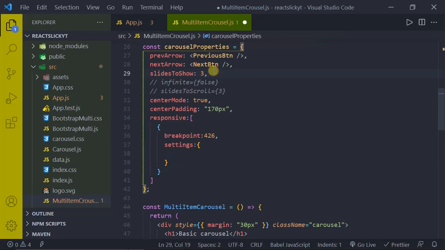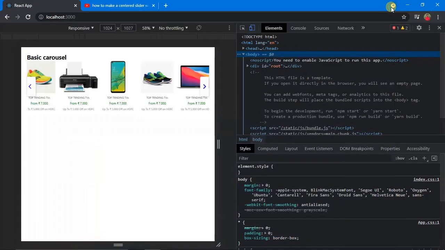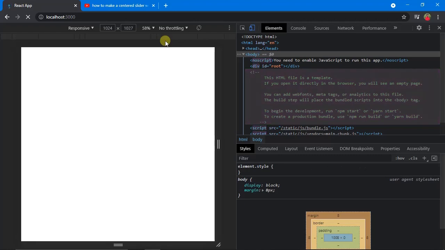We want to show only one image. We know that we can alter the number of showing images by the slidesToShow prop. If we set slidesToShow to 1, only one image will be shown. So I'll just copy this over here, and now instead of showing three images, we have to show one image. Now just press Ctrl S, save, and Ctrl R to refresh your browser.